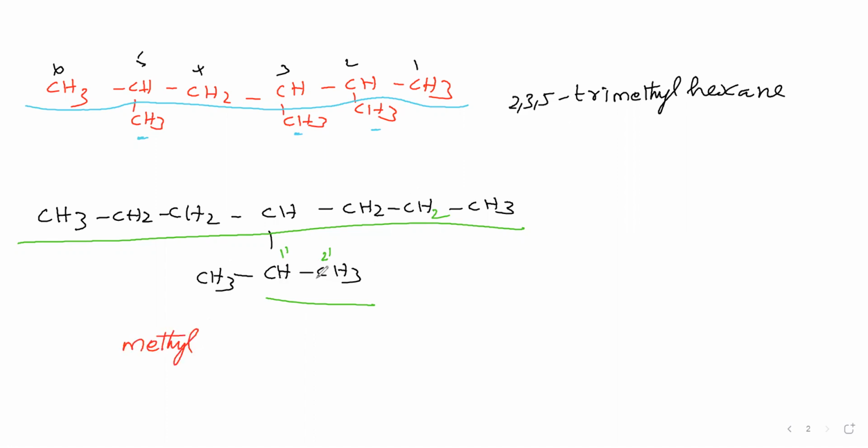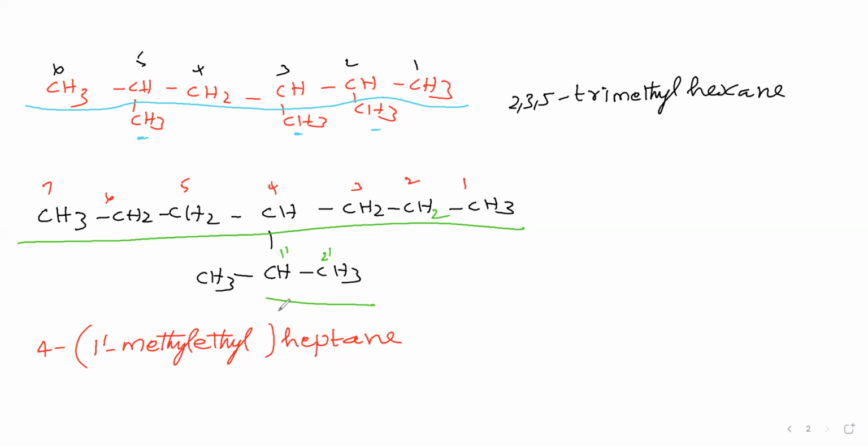Here 2 carbon atoms are there. 2 carbon atoms means ethyl. Like that we said. This methyl is present at 1 dash carbon. Now this complex substituent is present at which carbon of the parent chain we have to see. For that we have to give numbering in the main parent. Now this complex substituent is present at the fourth carbon of the main parent, therefore 7 carbon atoms are there, therefore heptane.